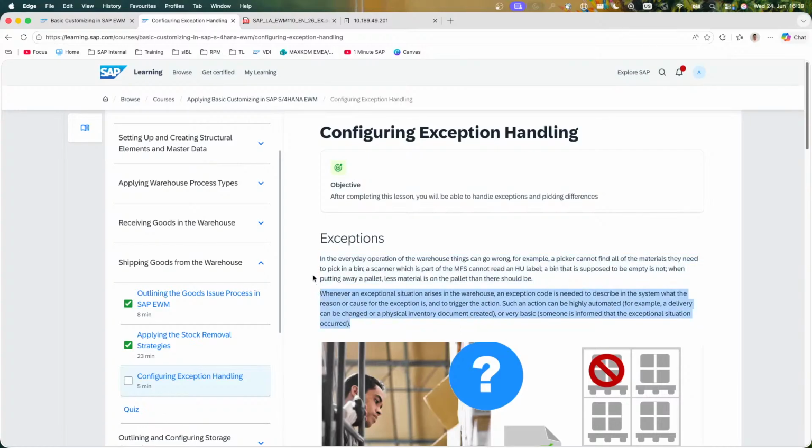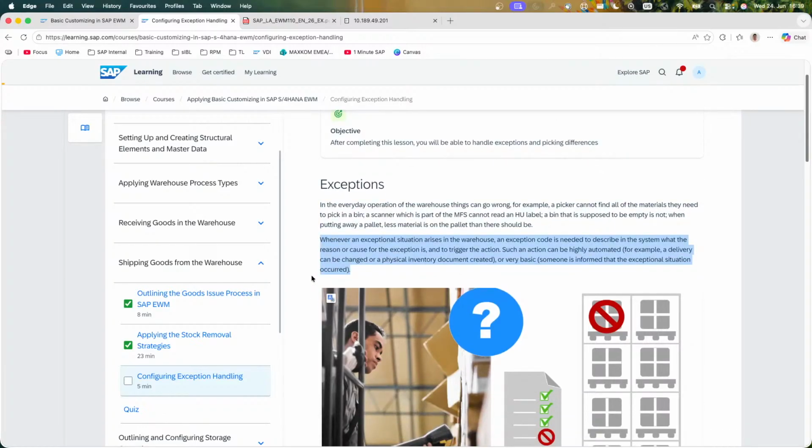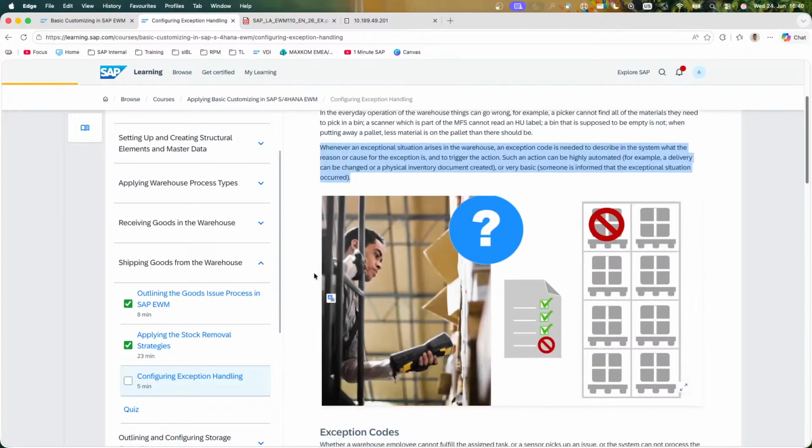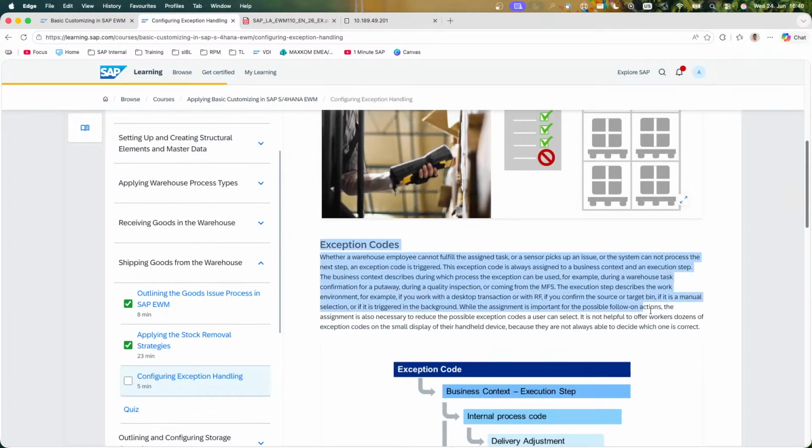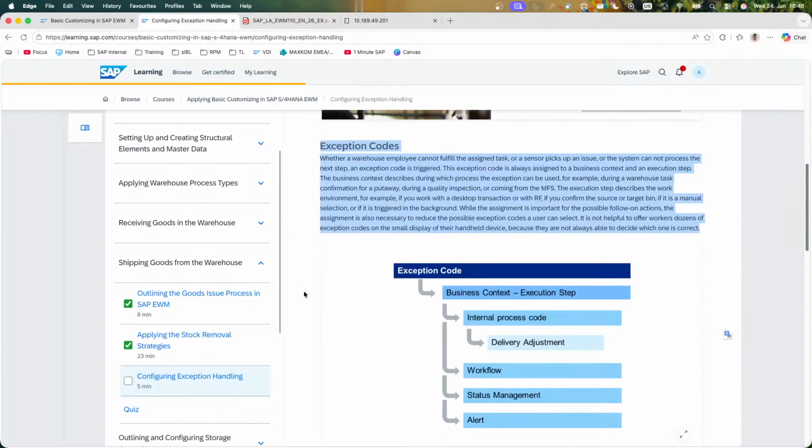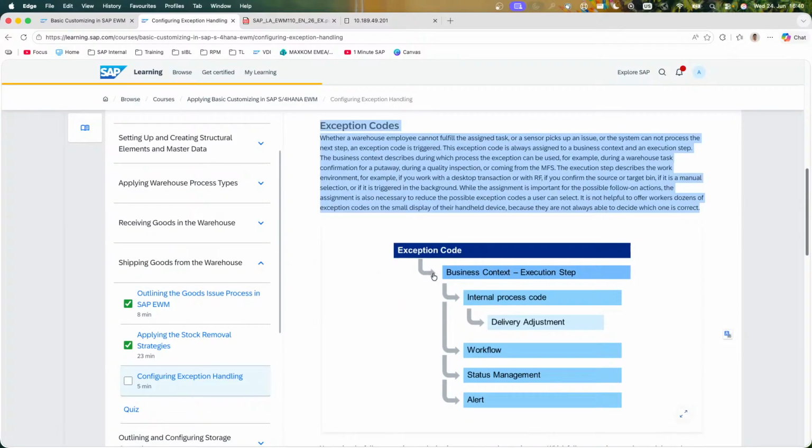Whenever an exceptional situation arises in the warehouse, an exception code is needed to describe in the system the reason or cause for the exception and trigger the action. Such an action can be highly automated. For example, a delivery can be changed or a physical inventory document created, or, very basic, someone is informed that the exceptional situation occurred. Therefore, exception codes exist inside EWM, and are based on the business context with the execution step,